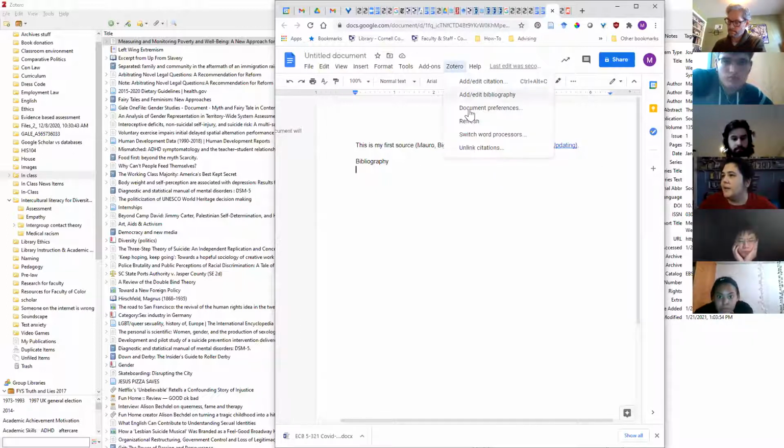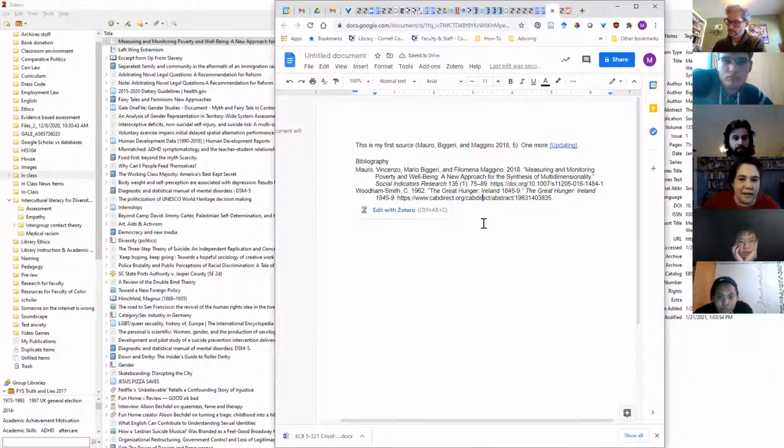Anyway, you would add the bibliography, and I don't know why it didn't do that, but it automatically adds the bibliography with the sources that you've cited in the paper. Okay. So yes, I highly recommend getting comfortable with one of these types of citation managers.